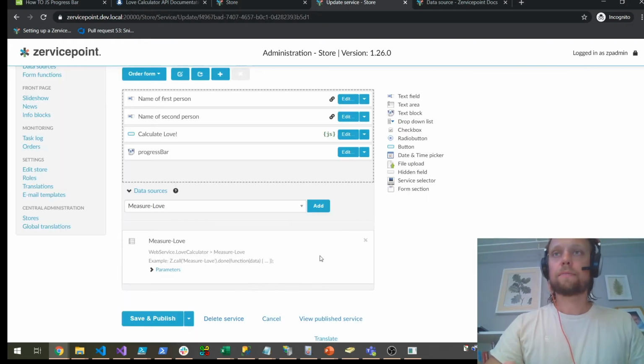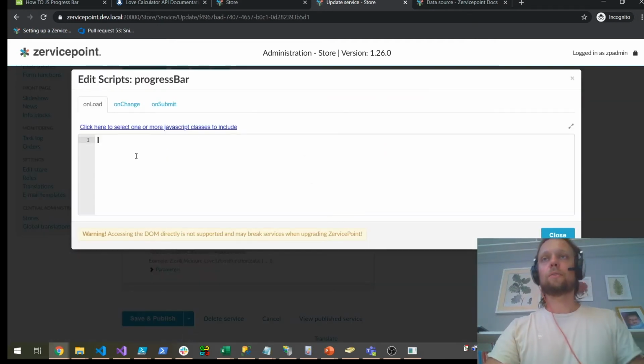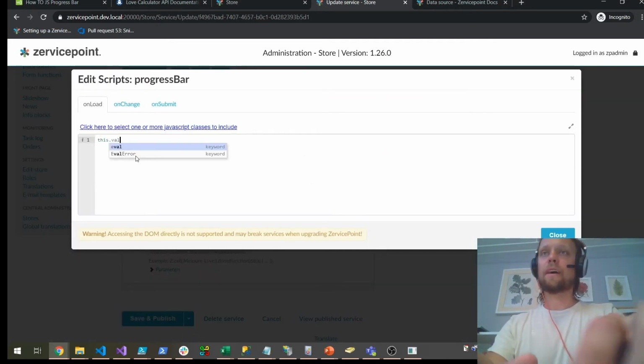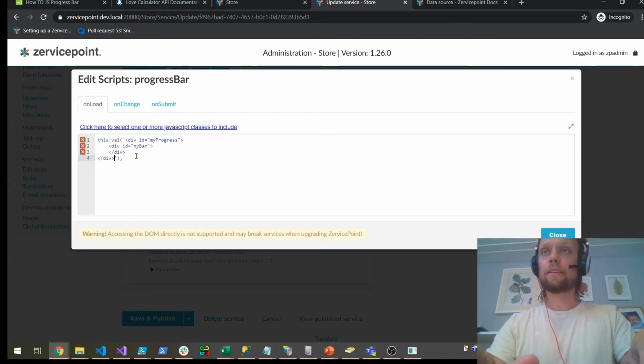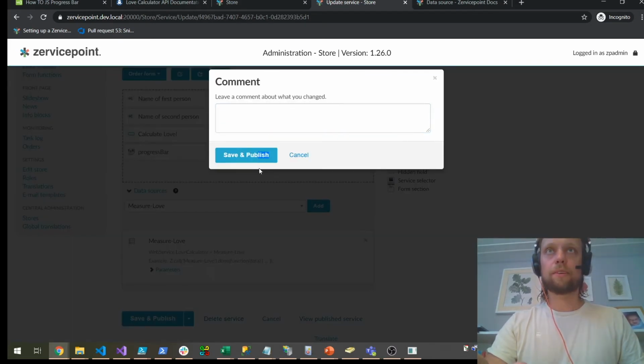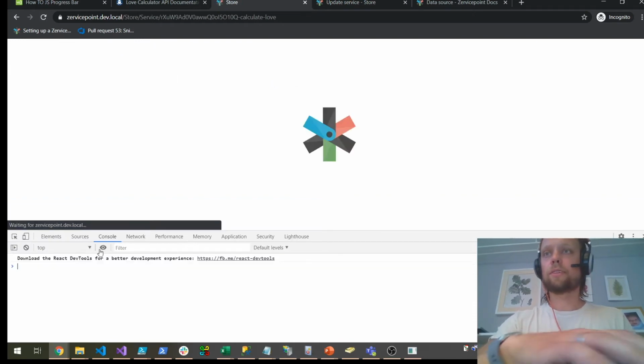I'm taking it and adding a JavaScript here. So on load, this does val. We're injecting it through JavaScript afterwards instead. And everything needs to be on the same line. There's probably some smart way here, but I used single quotes because it's double quotes in the code itself. Saving and publishing, refreshing,